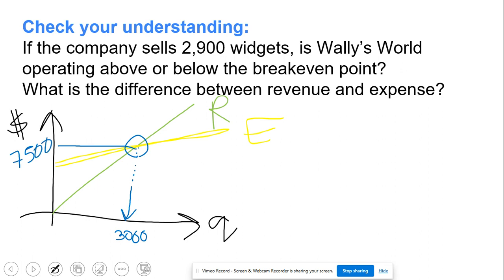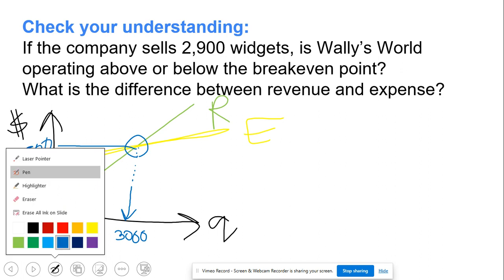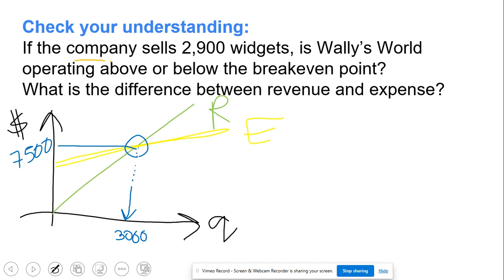Okay. So it says if the company sells 2,900 widgets, the quantity is 2,900. Sorry, I said 29,000. That means it's going to be to the left of 3,000. If they sell 2,900 widgets, is this above or below the break-even point? Well, that's going to be below, because